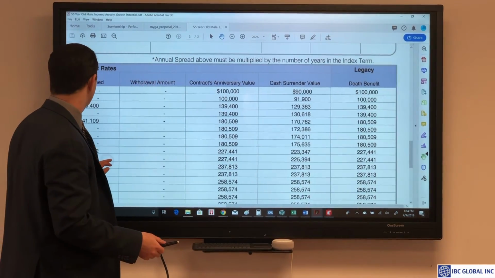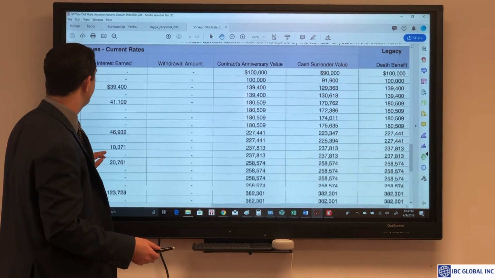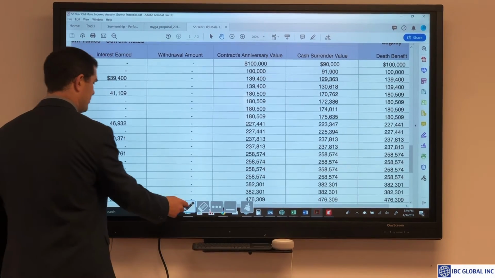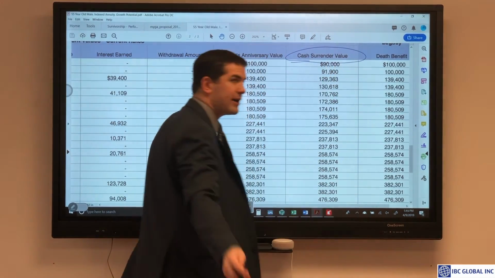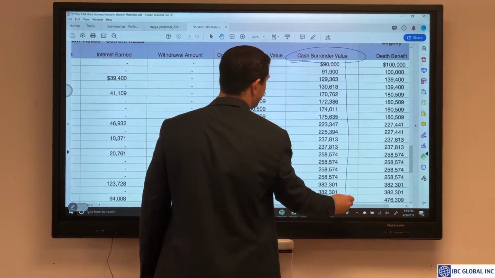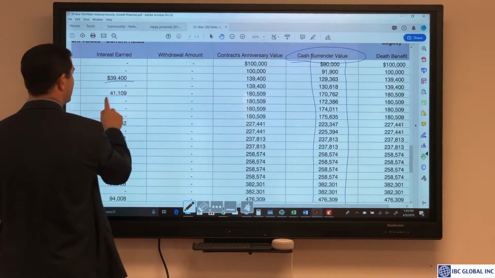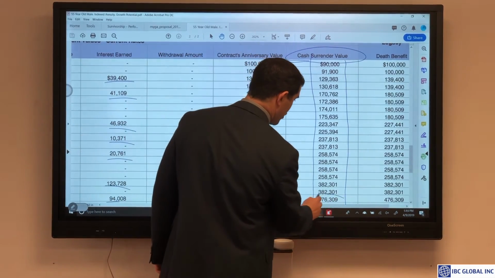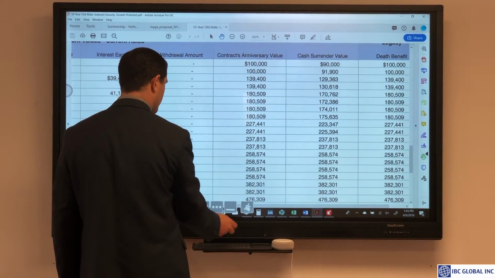So what this shows again here is market history. We've got the interest earned over here, but let's just focus on the actual values. Right, so cash surrender value, that's our money column, not the anniversary value. As time passes here, this looks great. We deposited 100K. If the market repeats itself and the company does not adjust the spread, yeah, it's going to compound, it's going to be very attractive, with no risk either. Right, so that's the potential upside to a growth annuity.